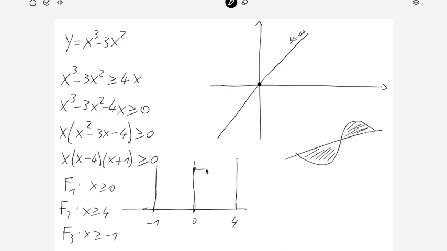So the first factor is x greater than 0, then it is negative. The second factor is x greater than 4, then it is negative. The third factor is x greater than -1, then it is negative. Minus, plus, minus, plus. So, this means that